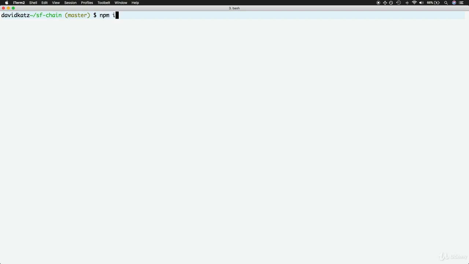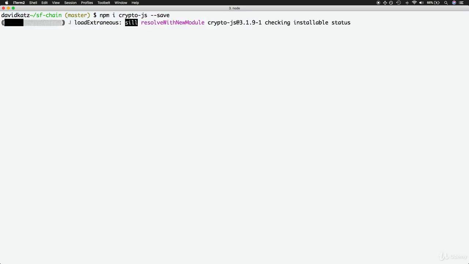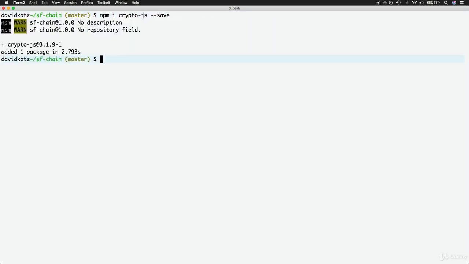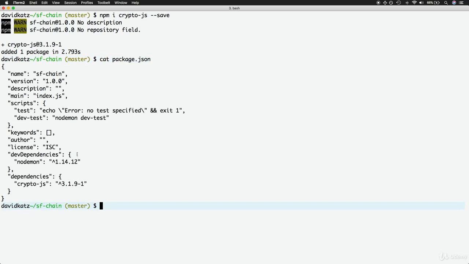So let's install it. npm i crypto-js, and we'll save it with the --save dependency, so that way it's listed as a dependency in our package.json file. So if you cat out the package.json, you'll see that there is a dependency of crypto-js in